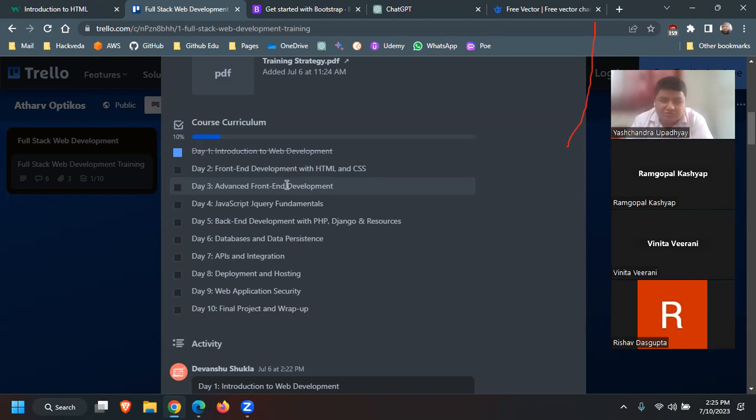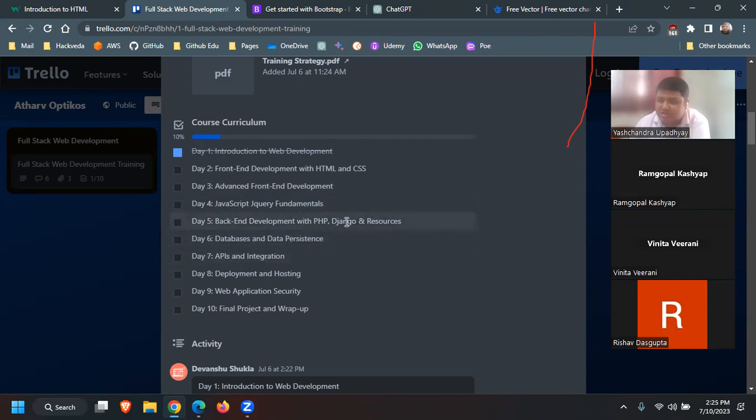Next, on day 4, we will look at basic JavaScript and jQuery fundamentals. So in JavaScript, what we will see is how to interact with the overall web application, as well as how to automate some of the stuff that the user might have to do. Right. Then we'll look at the backend, basically we will make our food order application on day 5. Right. The thing is, because we are leaving the API and database part, so what I will do is